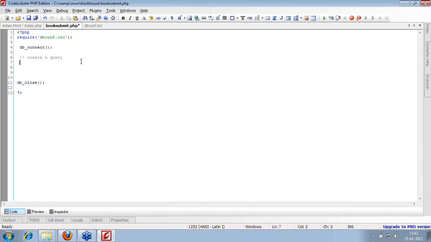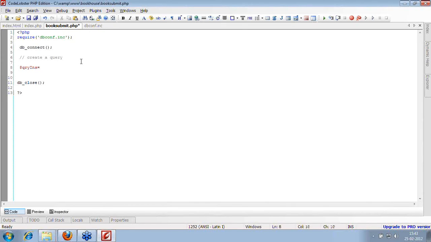Whatever we have done up till now was DDL, the data definition language: defining the database, defining the table, and then the connection and all. Now we will be manipulating the database. So we'll be using some of the terms from the data manipulation language, that is insert, update, delete, or whatever. First we need to add this data into the table, then only we will be able to retrieve it.